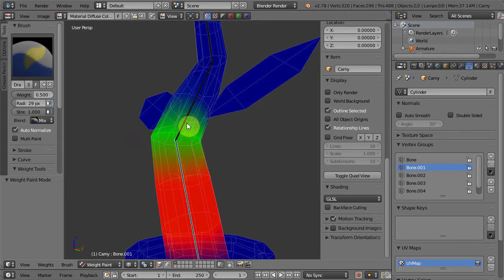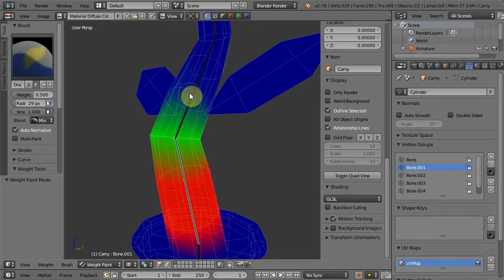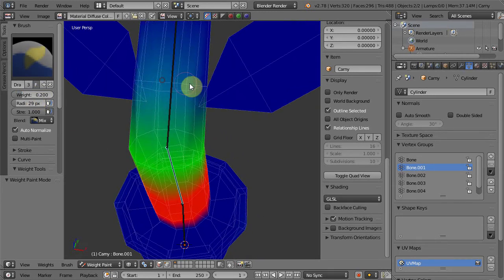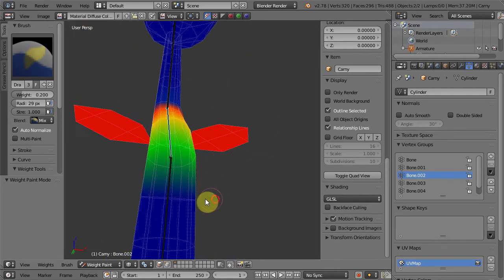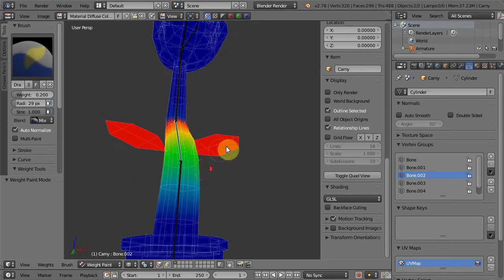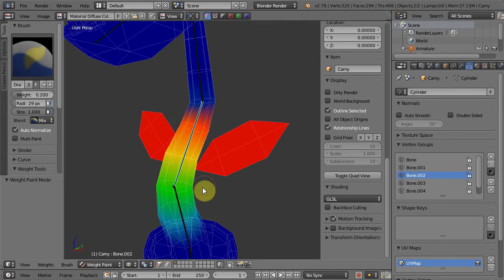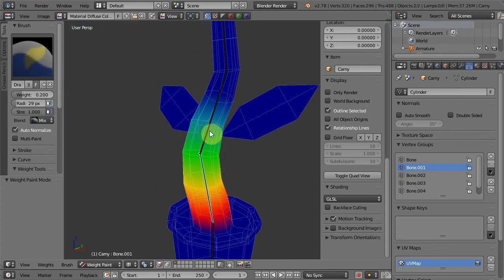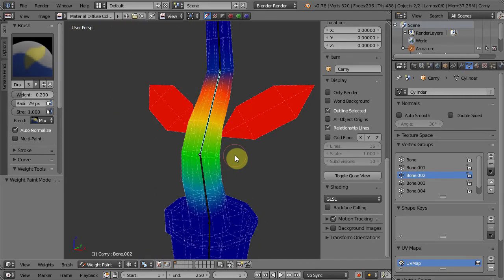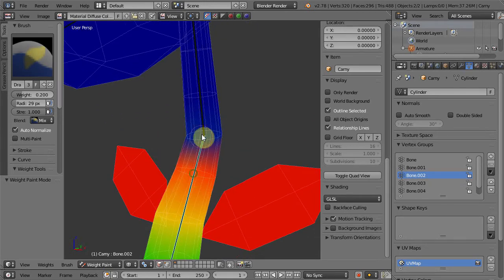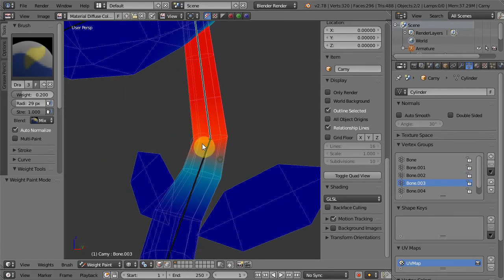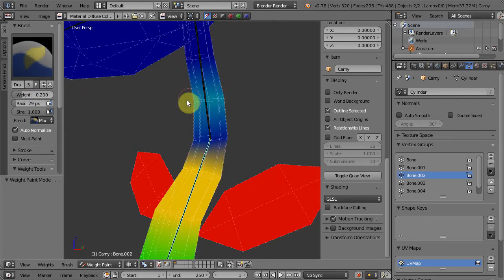Next, let's make this edge loop 0.2 for this bone. Also this edge loop up here, make it 0.2 also. Select the upper bone and paint this edge loop 0.2. This will automatically give 0.8 weight for this bone. Select this bone again. We can now see it has this nice color blending. Now do the same thing with the upper bone. The concept and the technique is identical, so I will skip explaining this part and just speed up the video.